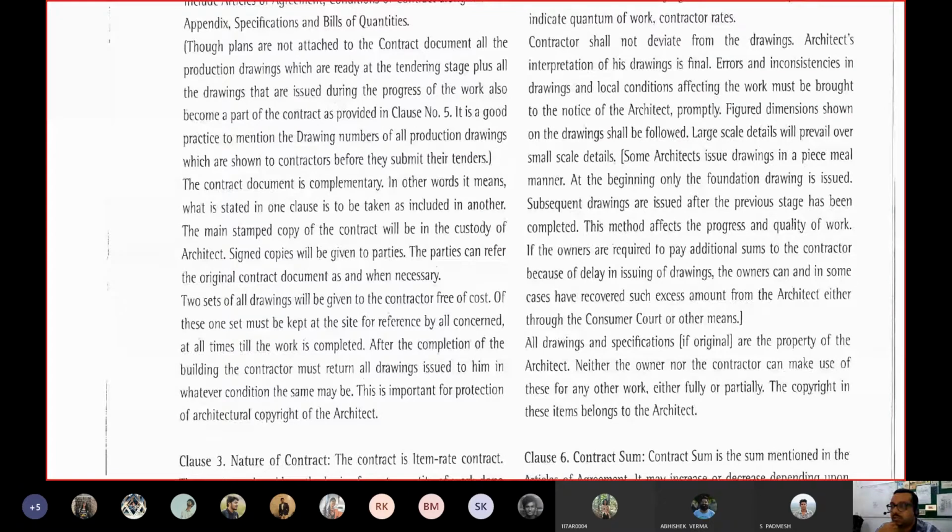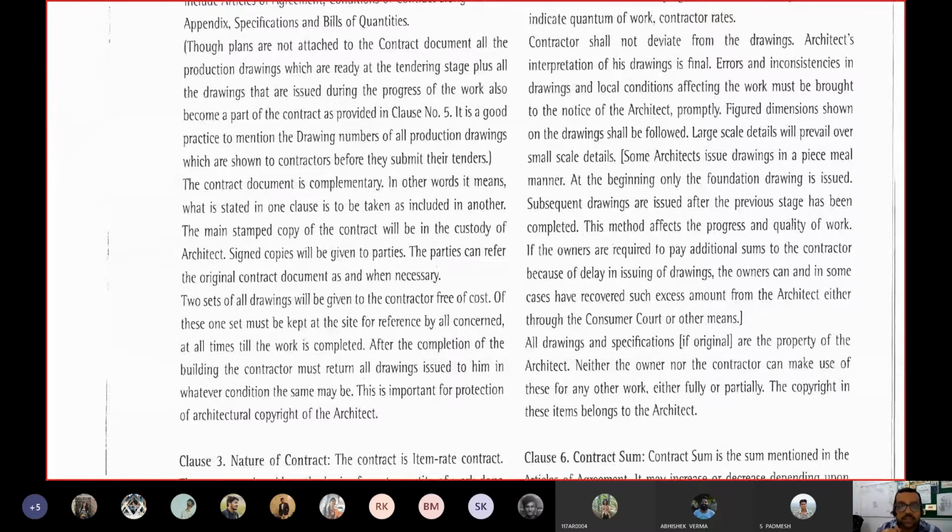See, we don't have this chapter in your syllabus now, it was there in the previous syllabus. There is something known as architectural copyright of design. So any design that an architect or an architectural office produces, they have a copyright on their design. So if the contractor is given the original, he can use that particular design to give an architectural solution to some other clients also, which he doesn't have the rights to do.